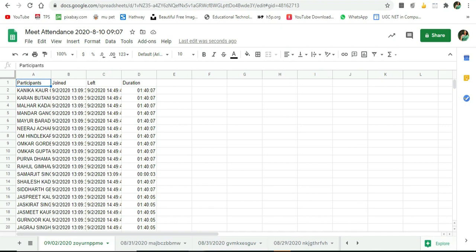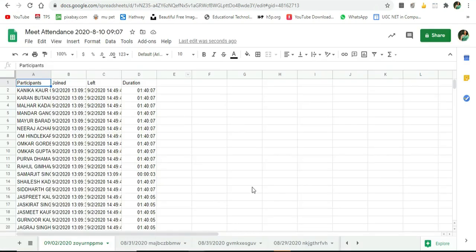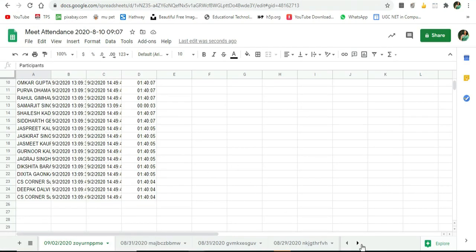Then you can go again to your classroom and check if any student has dropped the class or not. If they have dropped, then it is going to show in red also. And if you want to add a new spreadsheet, you can click on options and add a new sheet or a new spreadsheet. This option is used for turning attendance on and off. If you make it off, then your attendance will not be recorded. So always keep it on.